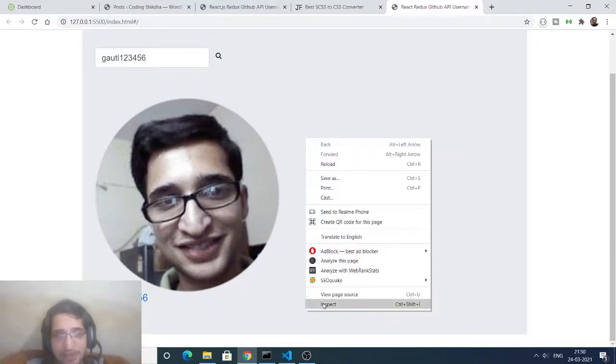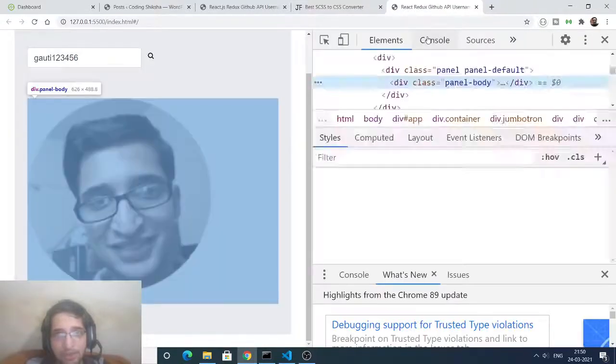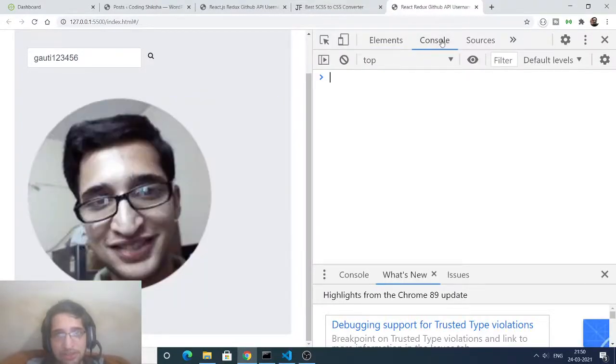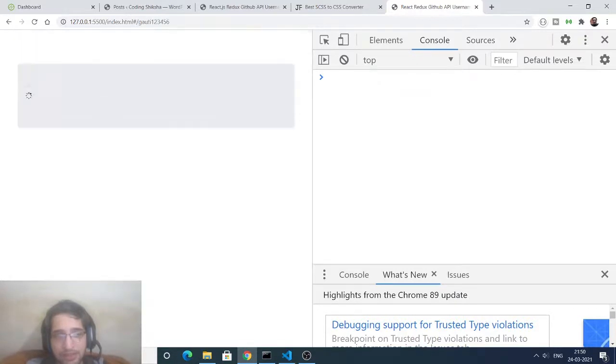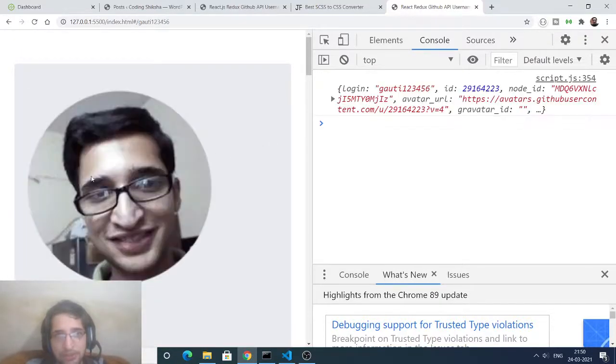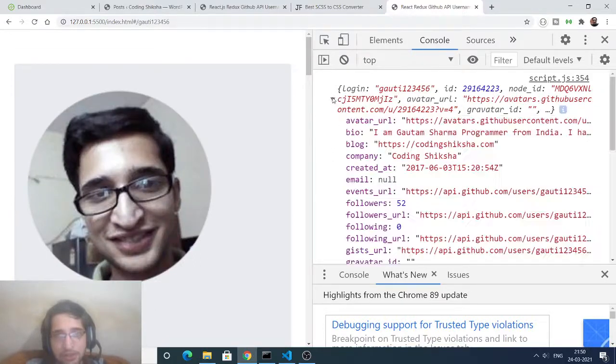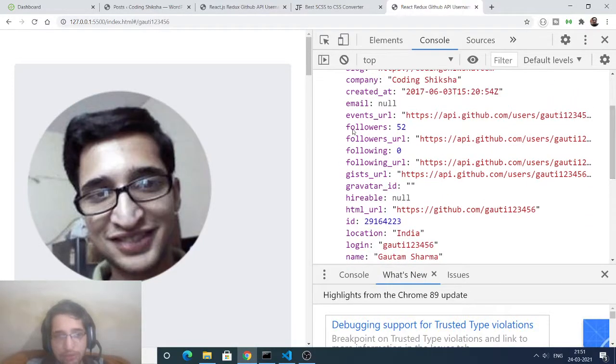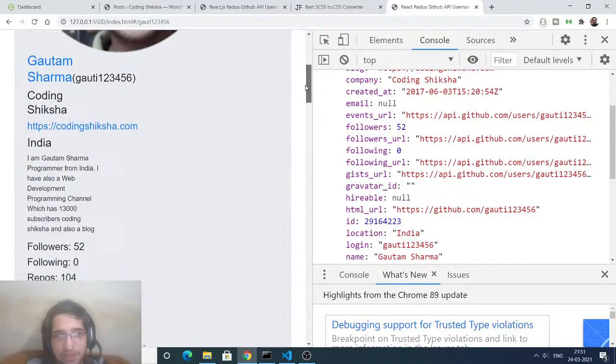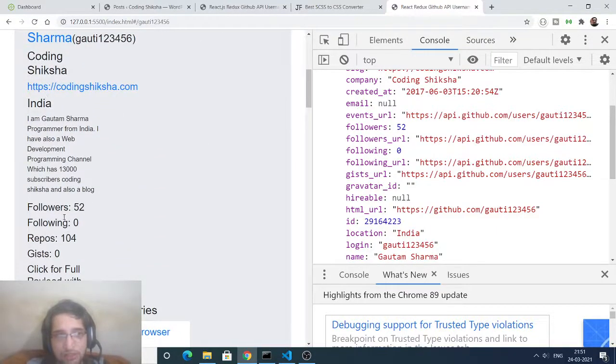Now let me right click, inspect element, and show you in the console that we are getting a JSON response here. If you click this here, you will see a JSON response returned to us with some information about my username, avatar, URL. So all this information we are displaying on the screen: biography, blog, company, created at, email address, followers. If I drag down, you will see we are printing the biography, country, followers, following. All such information we are grabbing directly from the GitHub API. We are making a GET request to that GitHub API using React.js.